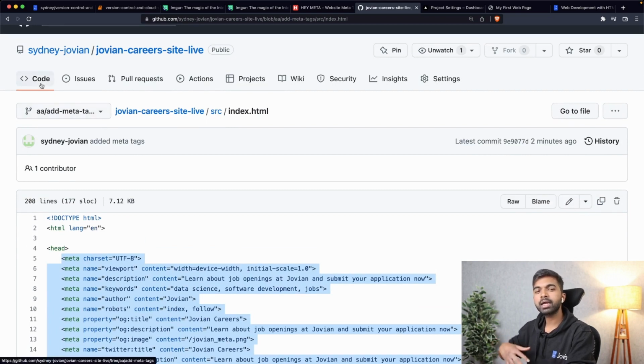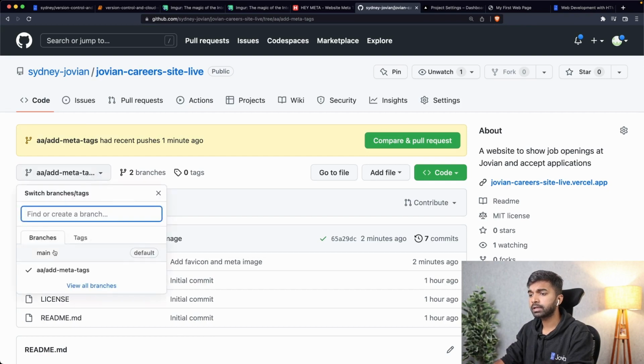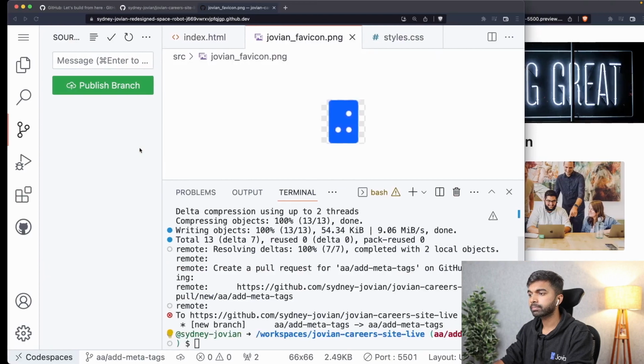Now, what you can do is you can make more commits. You can push the branch again. So you decide what you want to do. Typically, for any small change I make a commit. And then once I have a bunch of small changes that are significant enough, I push the branch. Okay. But coming right back. So now we have pushed. Let me come back to the main branch here. Now that we have pushed the branch,